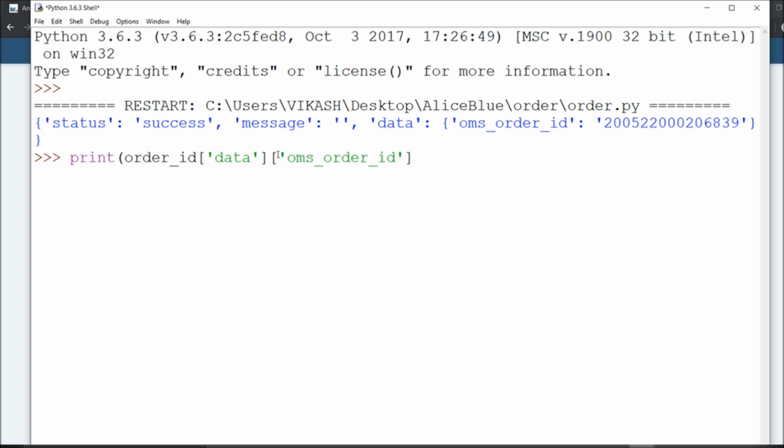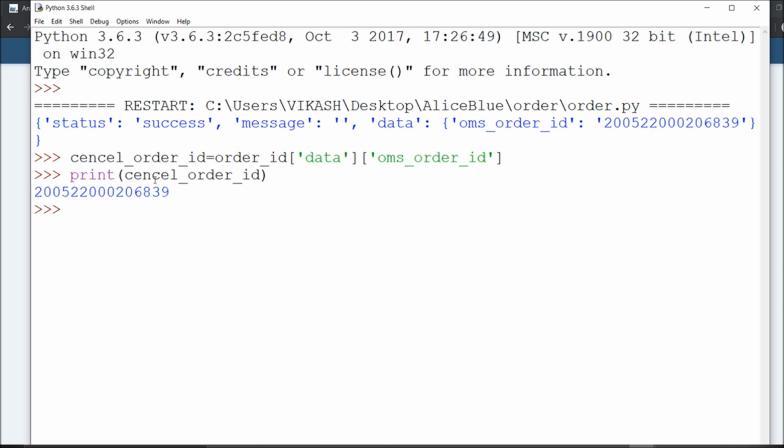Okay, so instead of printing I will just store whatever I got for cancel order ID. Then I will try to call them. So whatever is there just call it, it doesn't matter whatever variable you get.